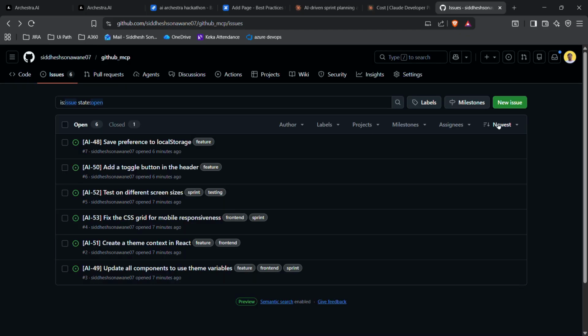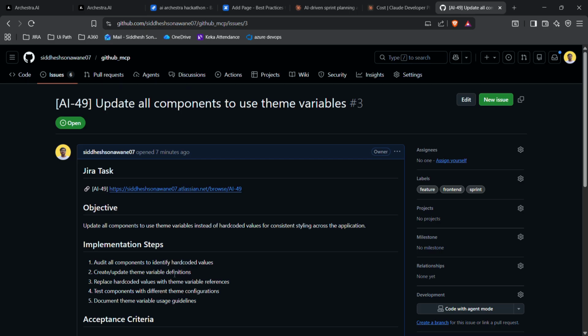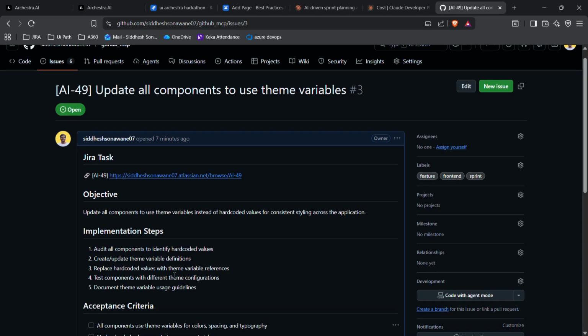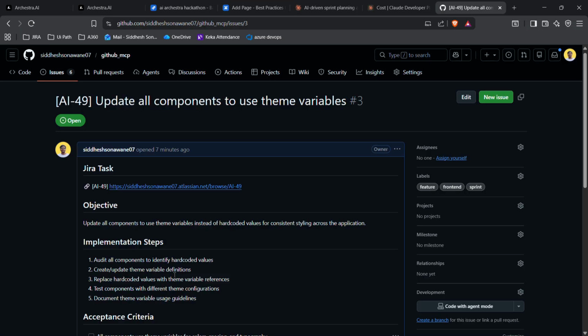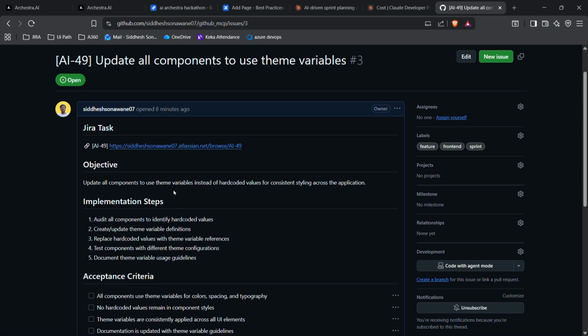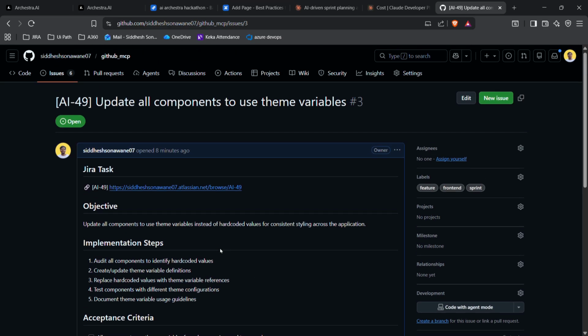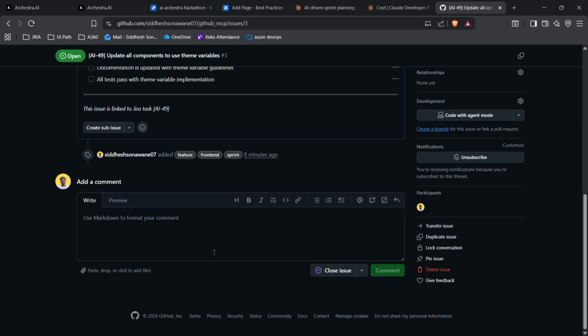And here is the final result. The agent was able to create issues on the GitHub repository and has linked all of them. Also, it has added objective, implementation steps, and acceptance criteria. Everything which has been created on the Jira side is also created here, and it has also given the ticket reference here. It is useful for accepting this issue if we are working on a